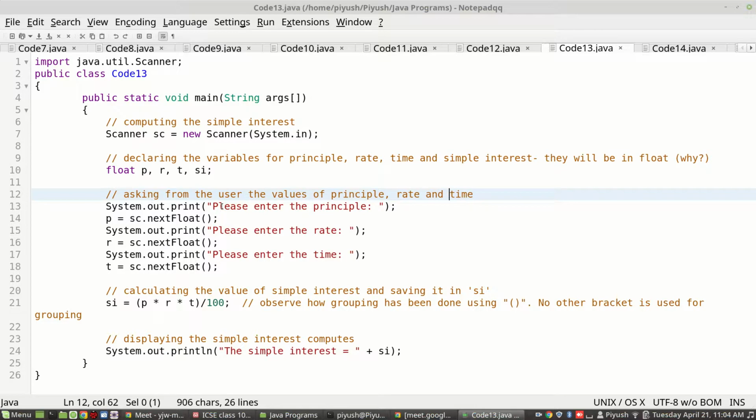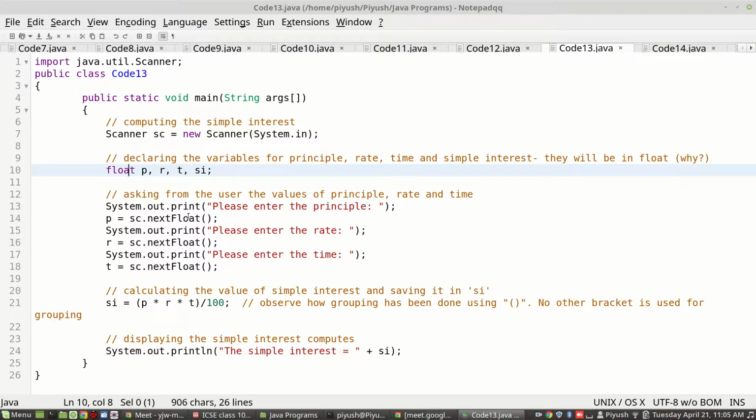So I'll ask the user, and like we have seen before, before asking we should print a message, so that the user understands what value you want them to input. You will write, please enter principal. Next line, the value that you are asking for is a floating value, because you have created a floating type variable.